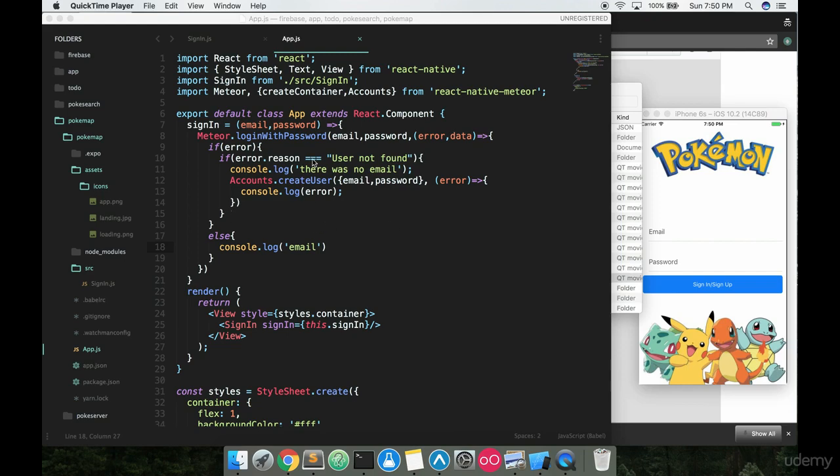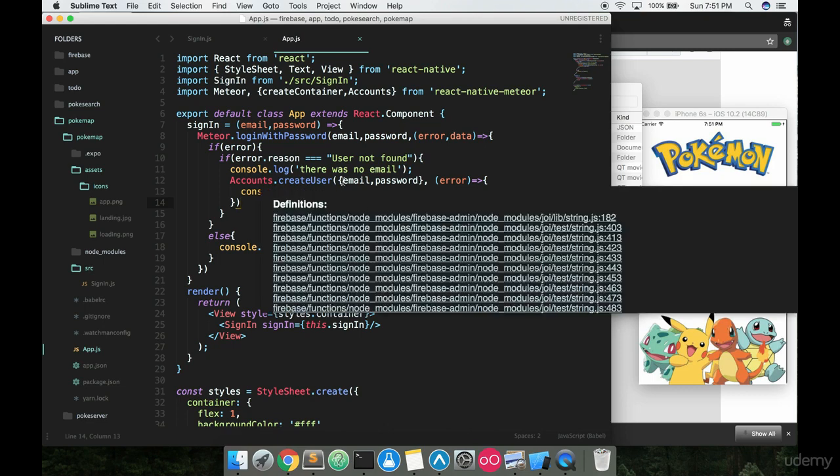We're going to finish up writing this login with password function, and then I'm going to show you something kind of cool having to do with Meteor, and then we're going to fix a glitch that I haven't fixed yet intentionally, because you're going to run into it in the future and you should know how to get yourself out of it. All right, so